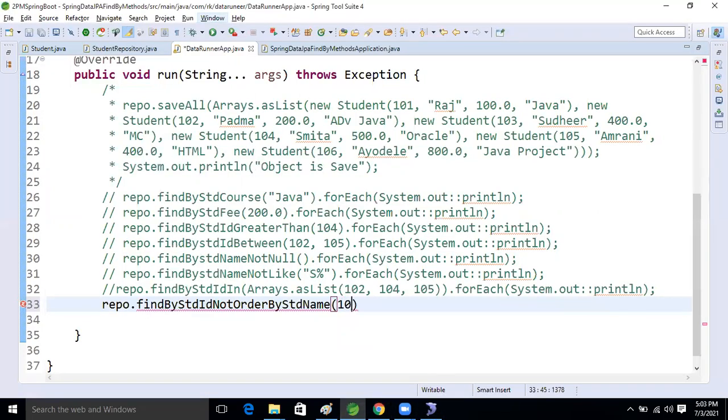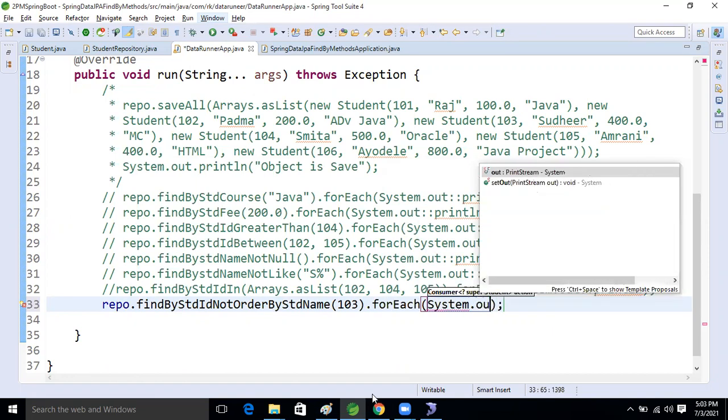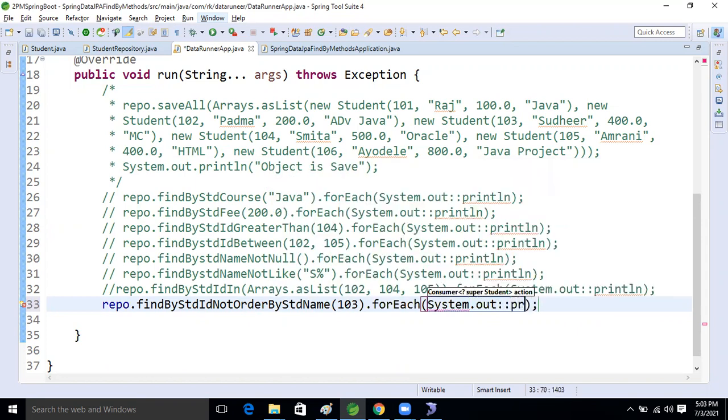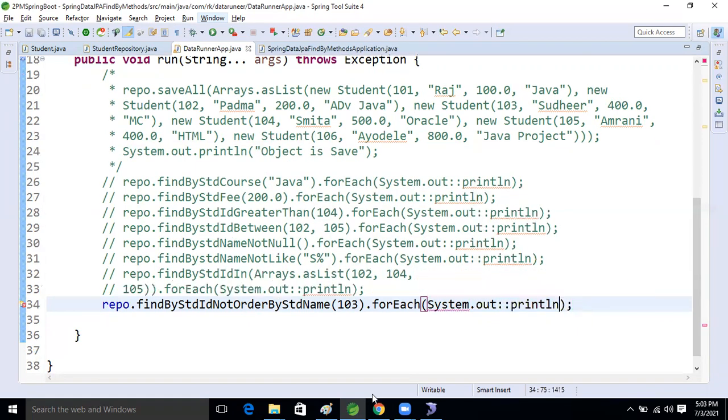Here I'm taking find for each, println. Good. Now let's run the application.